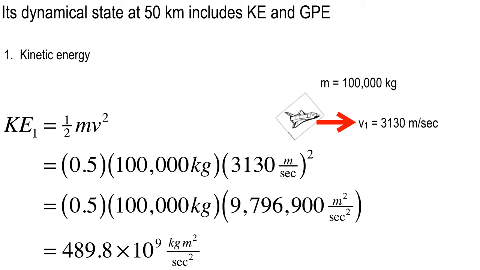And guess what? It's kilogram meters squared per second squared. As usual, that's a joule. That's what we're supposed to get. Now, the reason I put 489.8 instead of 4.898 is because I want to use that factor of 10 to the 9. If I did it strictly in scientific notation, it would be 4.898 times 10 to the 11. Raise your hand if you got 4.89 and a little 11 up in the exponent. A couple of you? Okay.